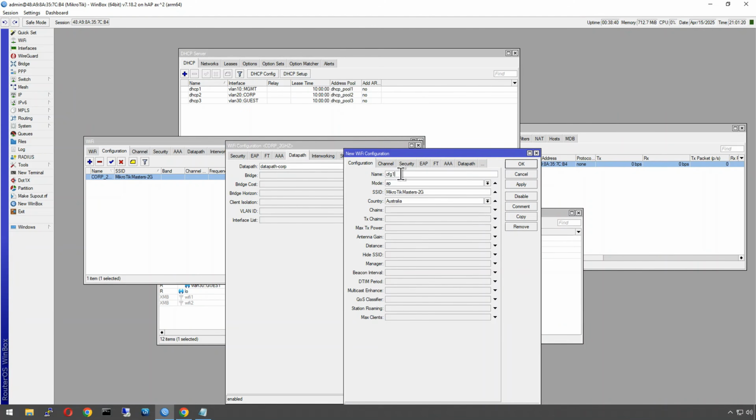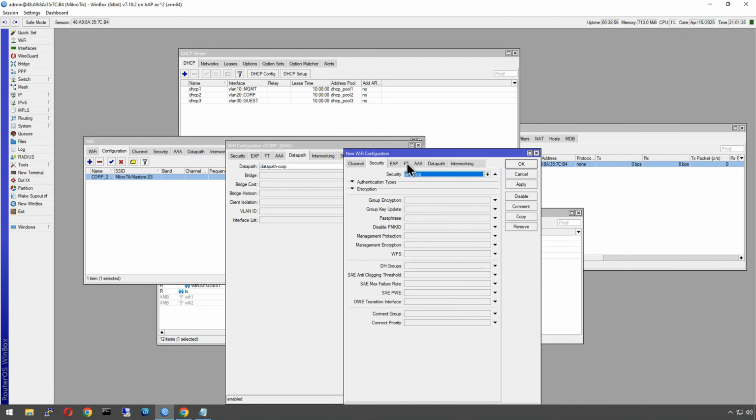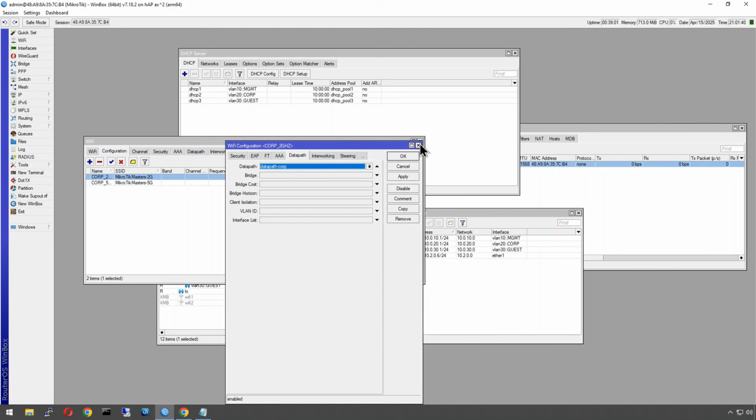And we're just going to change our name to corp_5 gigahertz. Okay, change that one to be 5 gig. Channel, we want to make sure it's on the 5 gig range, and then the rest is the same. Okay, now we're going to do our final one, which is going to be for our guest, and we'll just call this one